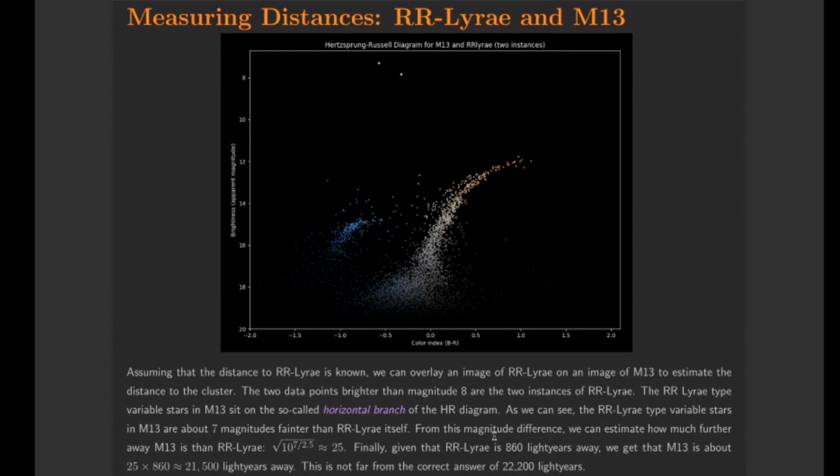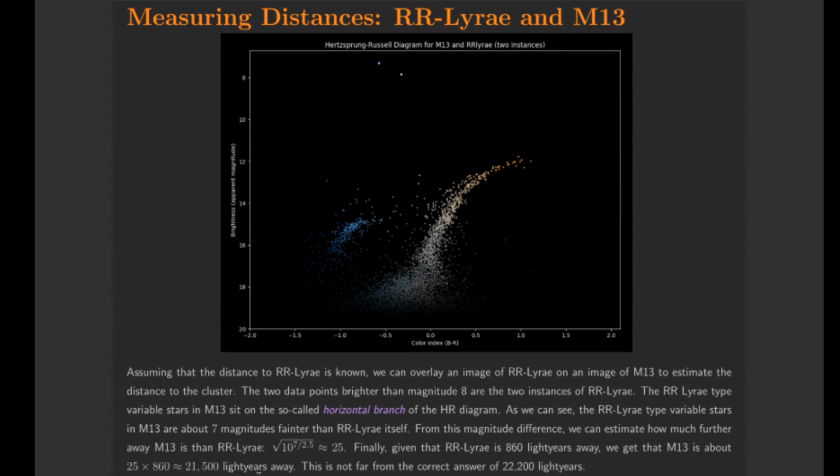This is something we're taking as known. I didn't find this myself, but you Google it. RR Lyrae, the star itself, is 860 light years away. M13, my estimate based on this data, is 25 times further away. 25 times 860 is